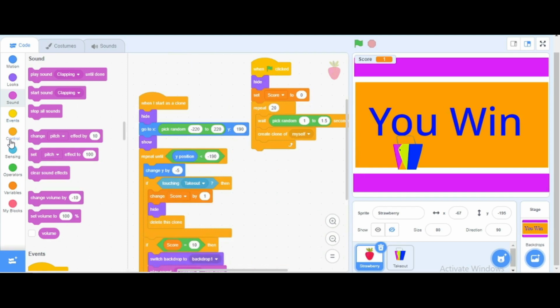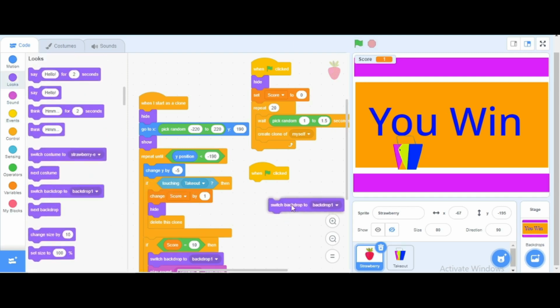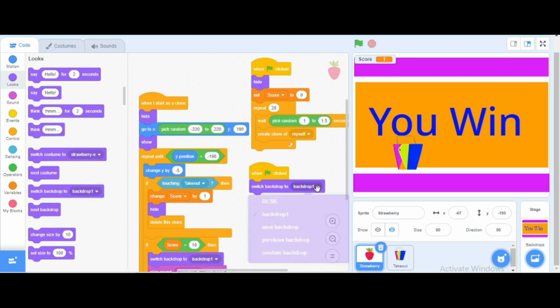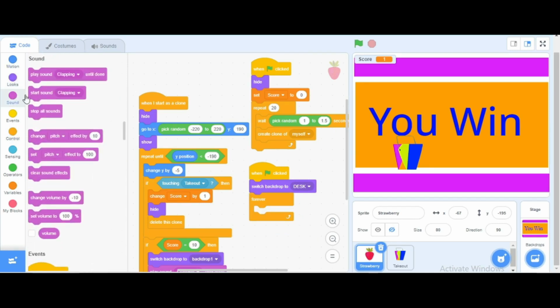Now the next event I want to add is when green flag clicked, and here we have to switch our backdrop. When we click on the green flag, we have to switch our backdrop. So I will add here switch backdrop to desk. Our previous backdrop name is desk. Afterwards go to the control tab and we are going to add one forever block, and here we are going to add one play sound.